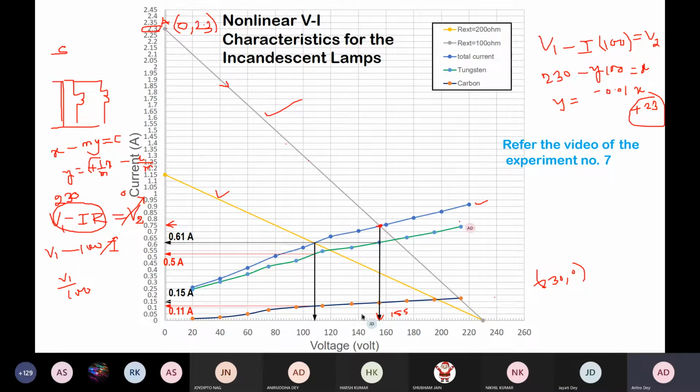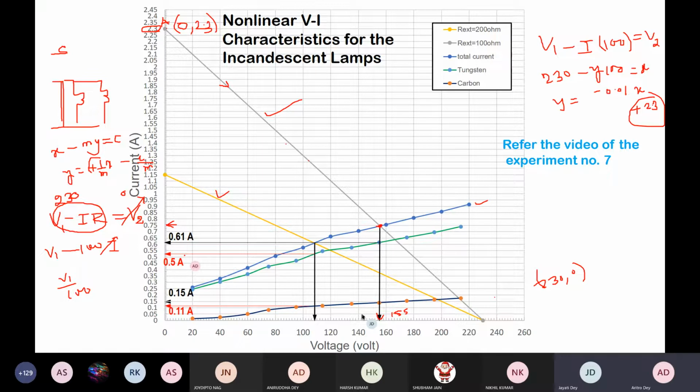Maybe if your VI characteristics is wrong, then definitely whatever current you are getting should not match with your experimental value, what you have recorded from the experiment. That is a theoretical or graphical approach, you can say. That is a correlation between the load characteristics and no load characteristics, and that is being established through the